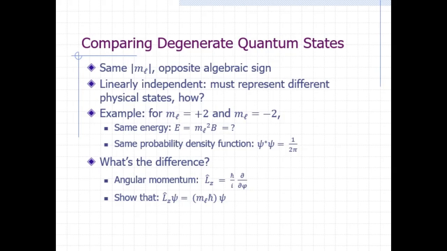For a quantum state with m sub L equal to -2, the z component of the angular momentum is also well defined but is equal to negative 2 h bar. It's pointing in the negative z direction. In terms of classical motion, a particle with positive L sub z is going counterclockwise around the circle on the xy plane. A negative L sub z means a clockwise motion. Do keep in mind that in quantum mechanics, we cannot talk about a definite trajectory.